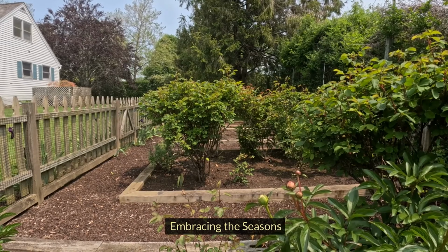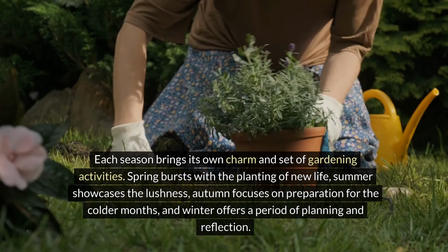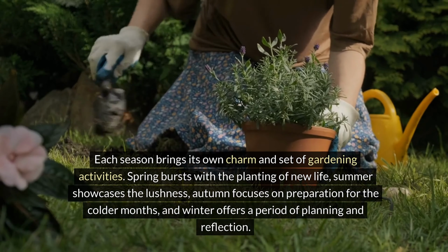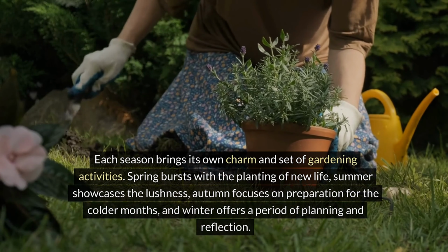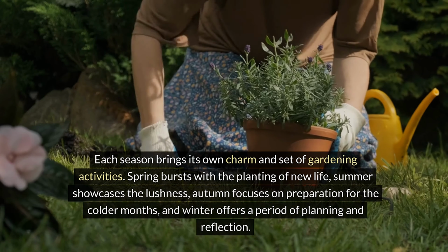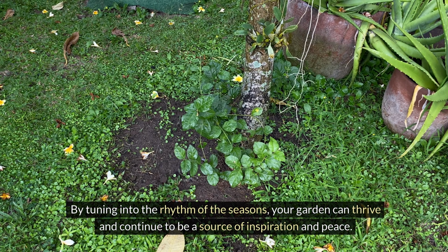Embracing the seasons. Finally, embrace the evolving nature of the cottage garden. Each season brings its own charm and set of gardening activities. Spring bursts with the planting of new life. Summer showcases the lushness. Autumn focuses on preparation for the colder months, and winter offers a period of planning and reflection. By tuning into the rhythm of the seasons, your garden can thrive and continue to be a source of